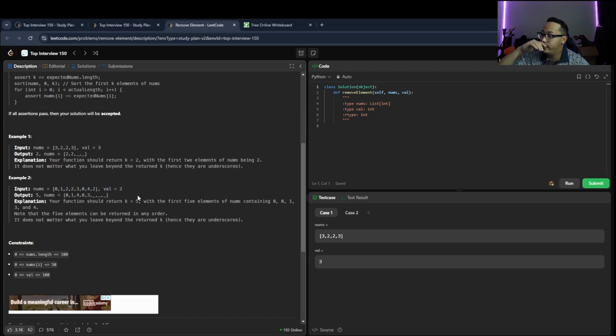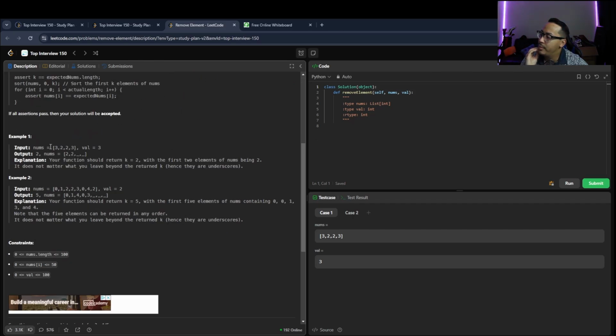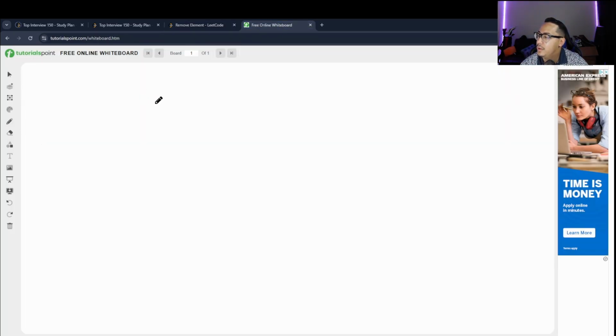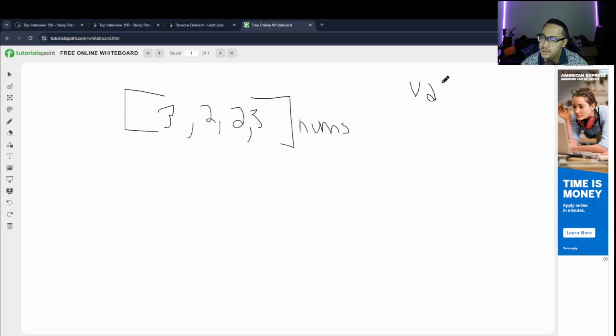All right. I'm going to try to visualize what I have here. I'm going to go with this problem just because it has fewer numbers. There's no specific reason. So we have 3, 2, 2, 3. I'm doing this on a mouse, so forgive me. This is nums, right? What else are our givens? Our given is val equals 3. All right. So we already know these things are given to us, and then we also know